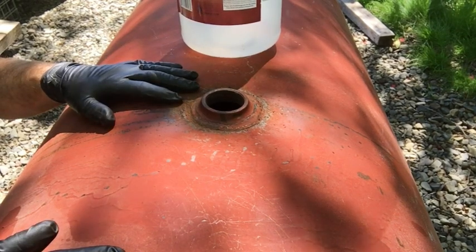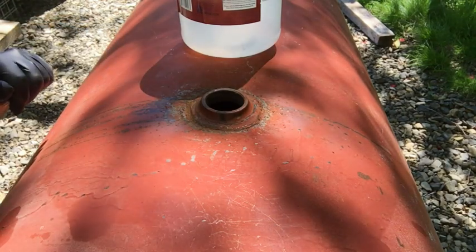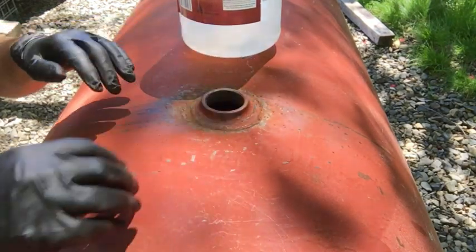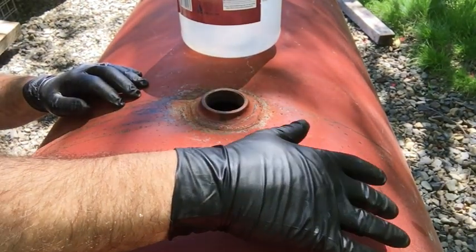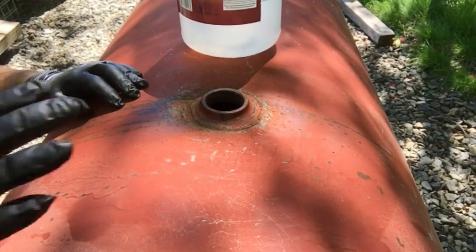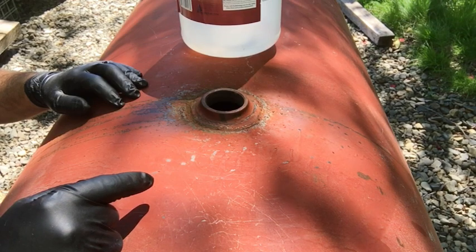So the tank was level front to back, and then I just rocked the tank back and forth on this side, went on the other side, and then rocked the tank back and forth. So it got the majority of the tank on each side. I'm really just concerned about the bottom of the tank, because that's where all your moisture builds up, and from